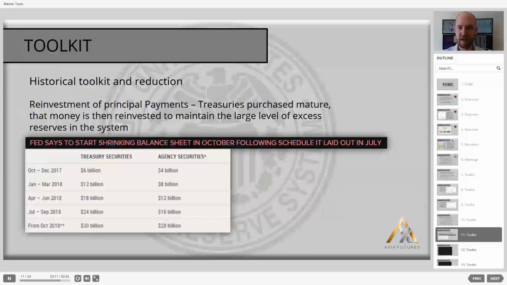At the minute, as I say, $2.5 trillion even is the expected amount that they are to drop to. But this is going to take some time. And in the words of Janet Yellen, who was the chair at the time that they started this reduction wind down process, she actually said that this process will be like watching paint dry. Now, if you think about it, $4.5 trillion reduced by 50 billion a month is going to take some time to actually wind down. So let's have a look at what impact this has had on the balance